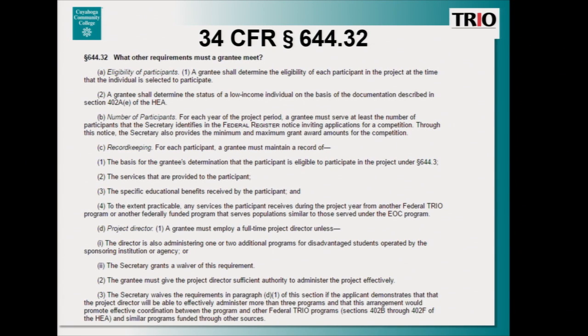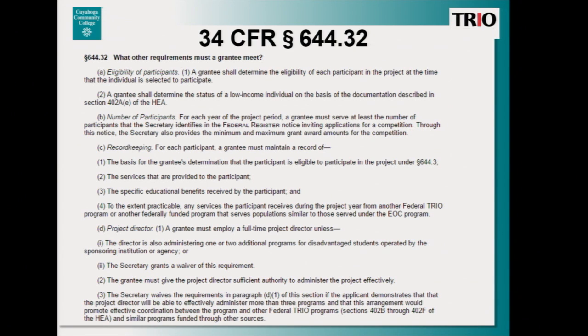Section 644.32, or what other requirements must a grantee meet? Some important highlights of this section include eligibility of participants. A grantee shall determine the eligibility of each participant in the project at the time that the individual is selected to participate.